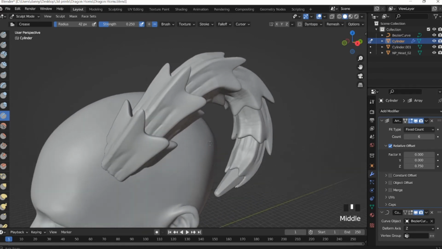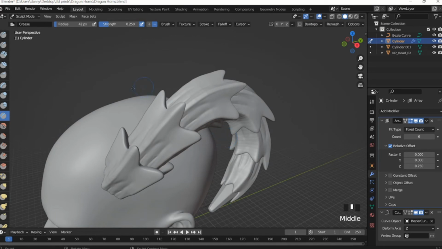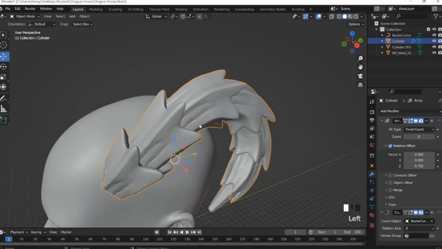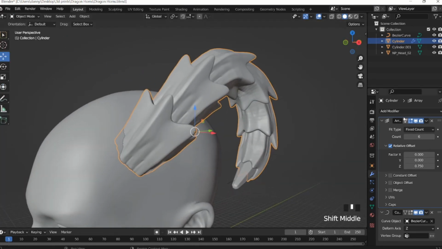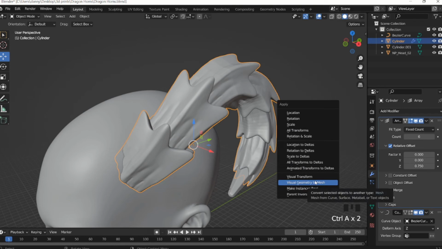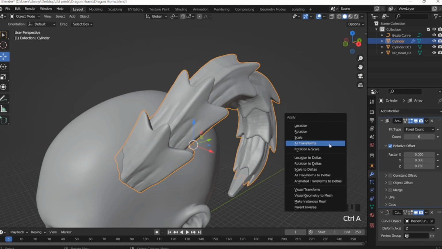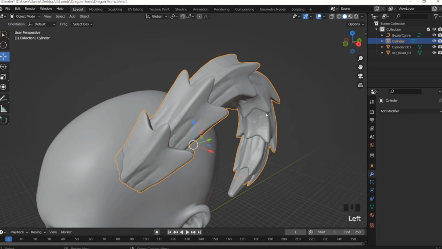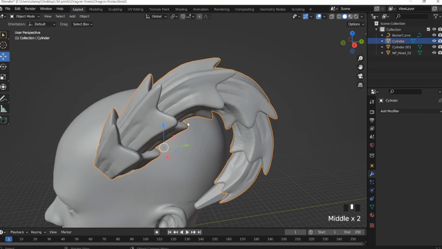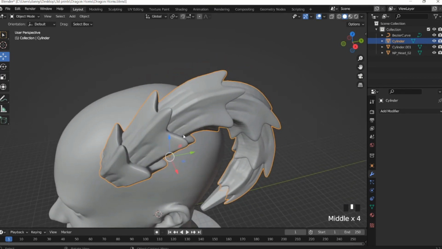But there is one last thing I need to show you. We are going to call this piece done for the sake of all of this. So I am going to apply it. Nope. Yes. Apply visual geometry to mesh to apply both of these at once. Control A. And then now this is one object, but we do still have